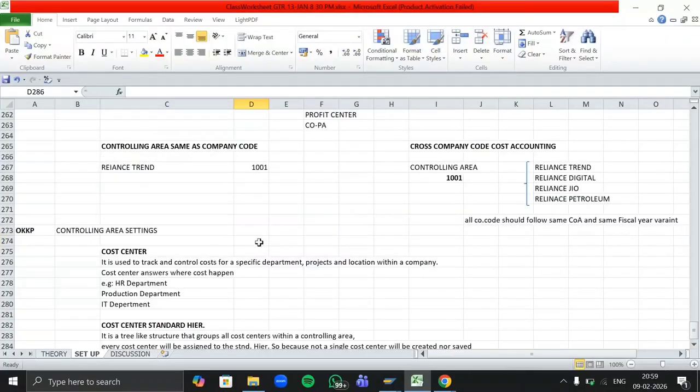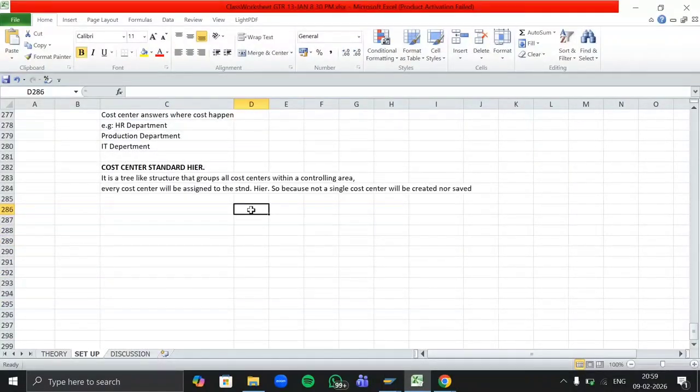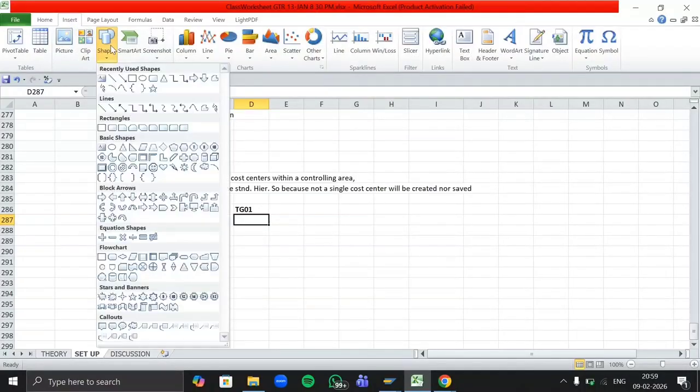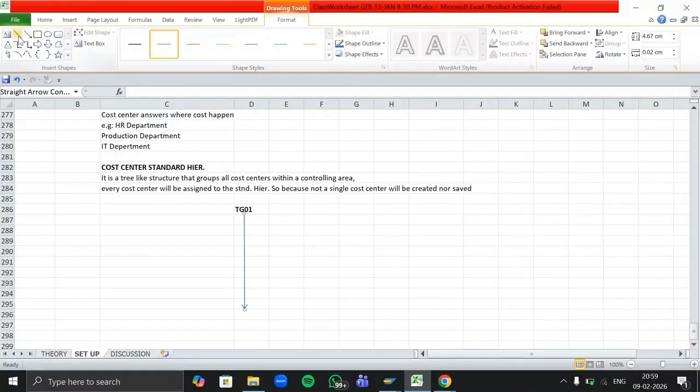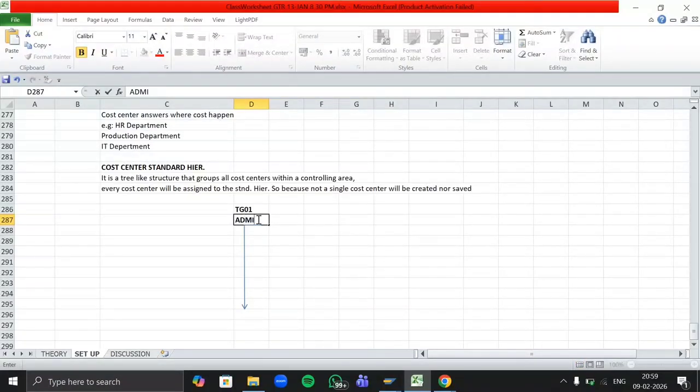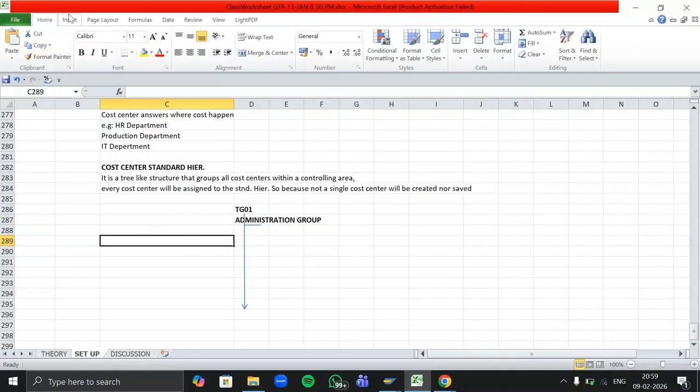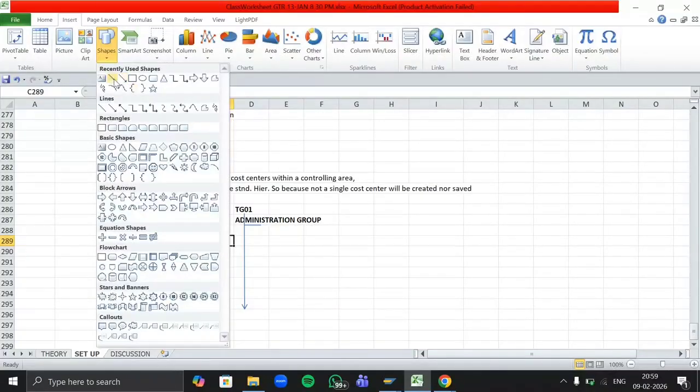So here we have one controlling area, let's say TG01. Under this TG01, I have an administration group. Now under administration group, what all departments can we create?